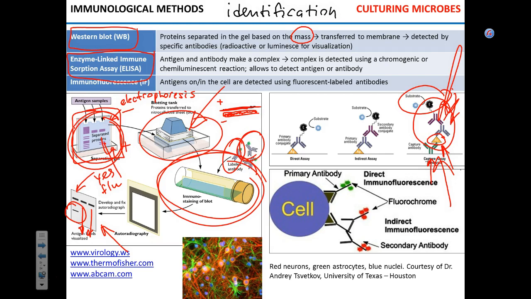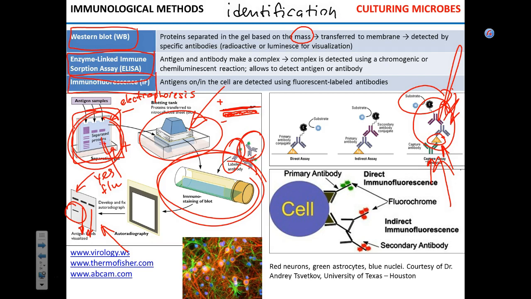Now, let's say our ELISA with our lung sample was successful. So we know that this gentleman died of influenza in the lungs. It would be lovely to see where was the infection. Was it on the apical side of epithelium or basal side of epithelium? Was it affecting type 1 alveolar or type 2 alveolar? Was it in macrophages? Was it in endothelial cells? Where was it?